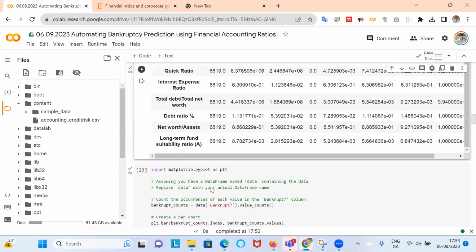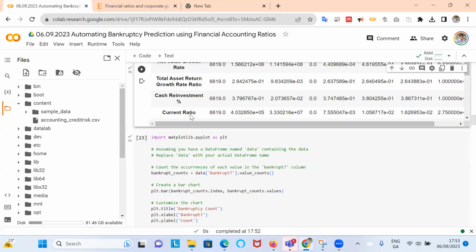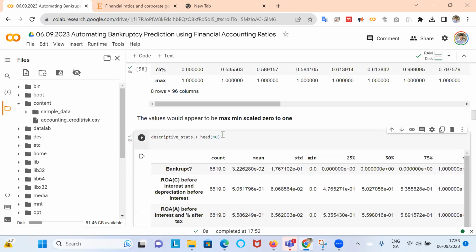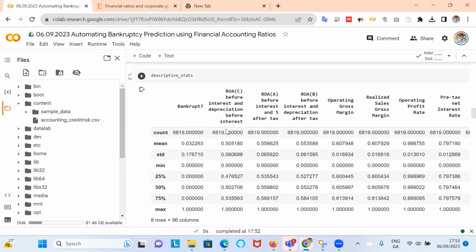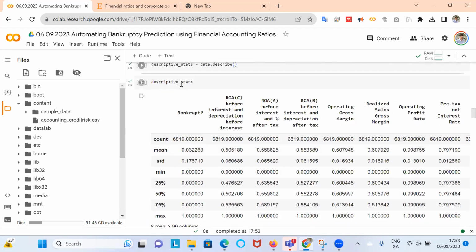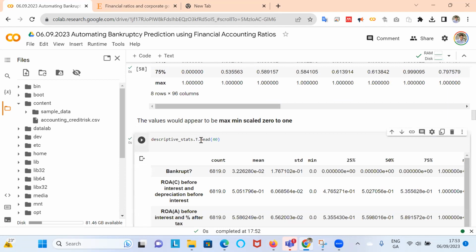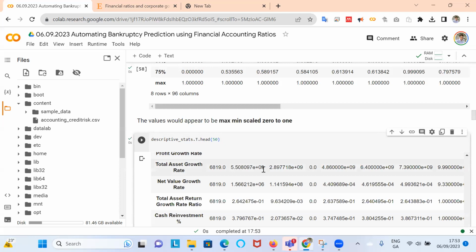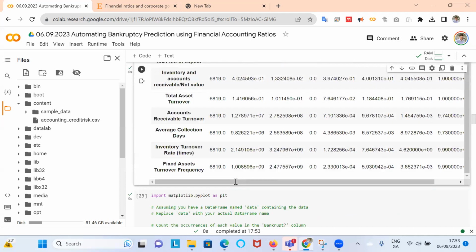And that goes all the way, I think, yeah, 96, I would say. So by transposing it, you switch around the columns for the rows. You tilt it over, and we're getting that by using T, and then head is 40. I don't think I can exceed 50. If I go to 50, I think I get that, but it won't go to 90. So I don't actually have all the rows popping up here.